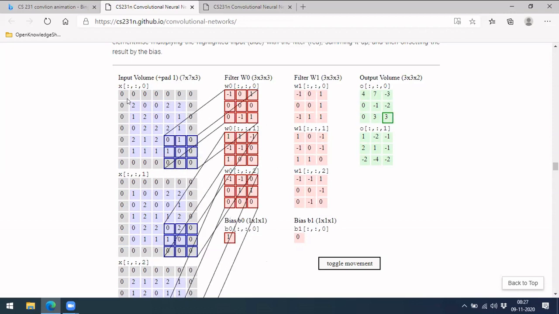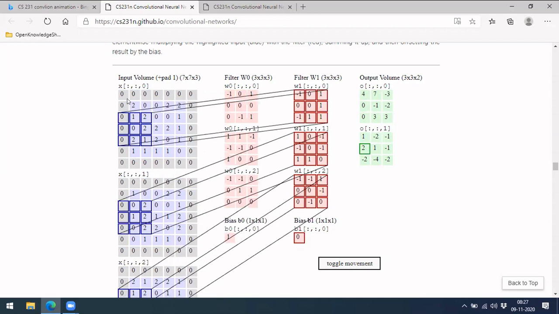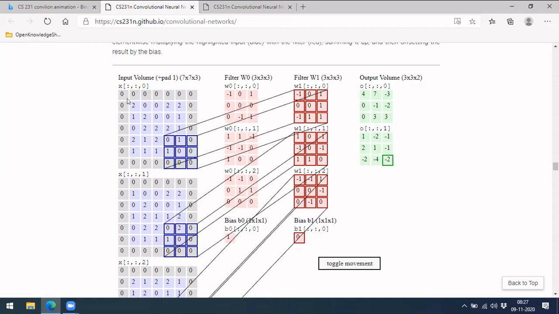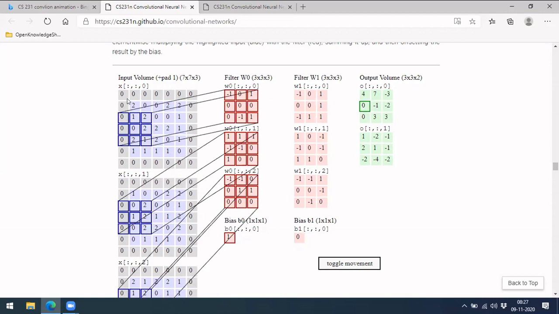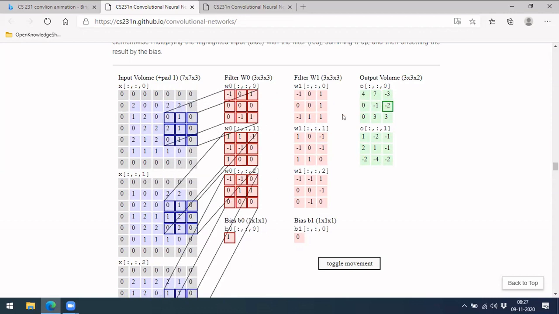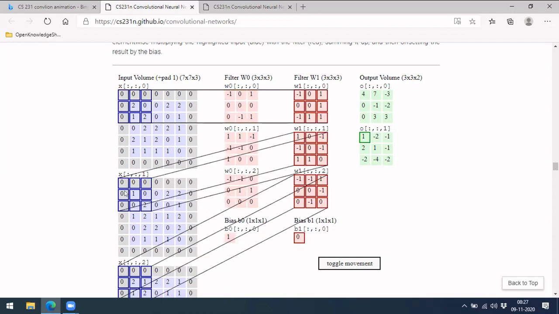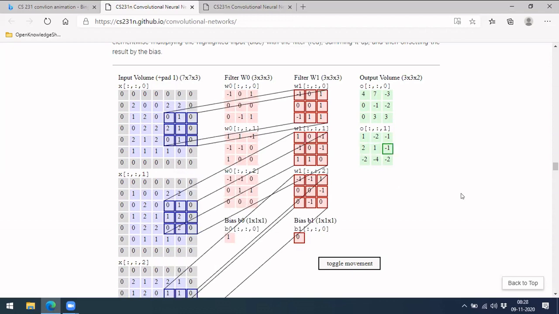So this will actually retain the spatial information, what you get side by side. If something is there, the information about what was in its neighborhood is retained. So that is the main advantage of using convolution. This is where it will happen. Similarly for the second layer, similarly for the third layer.